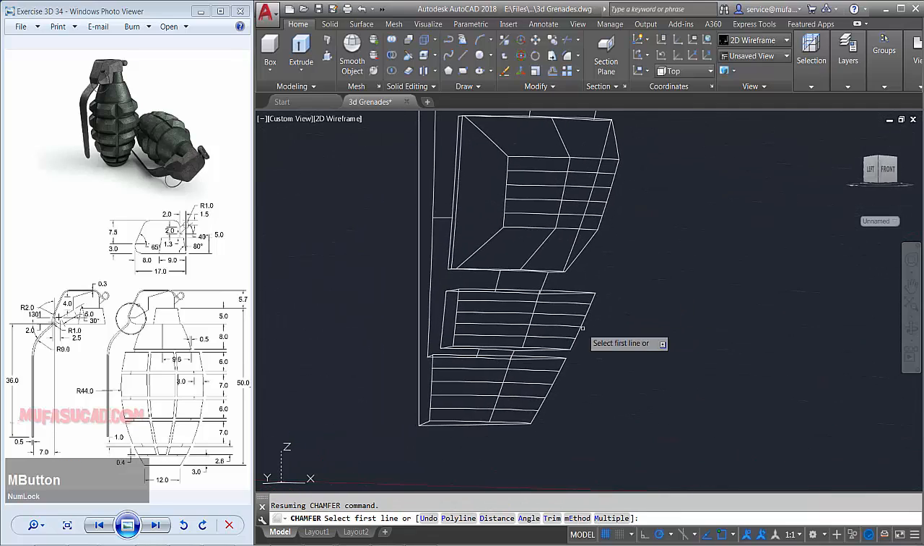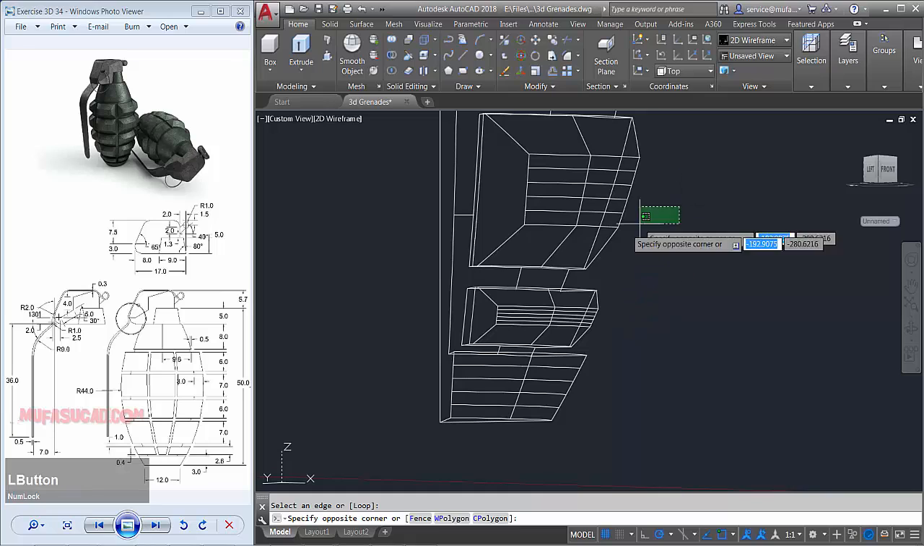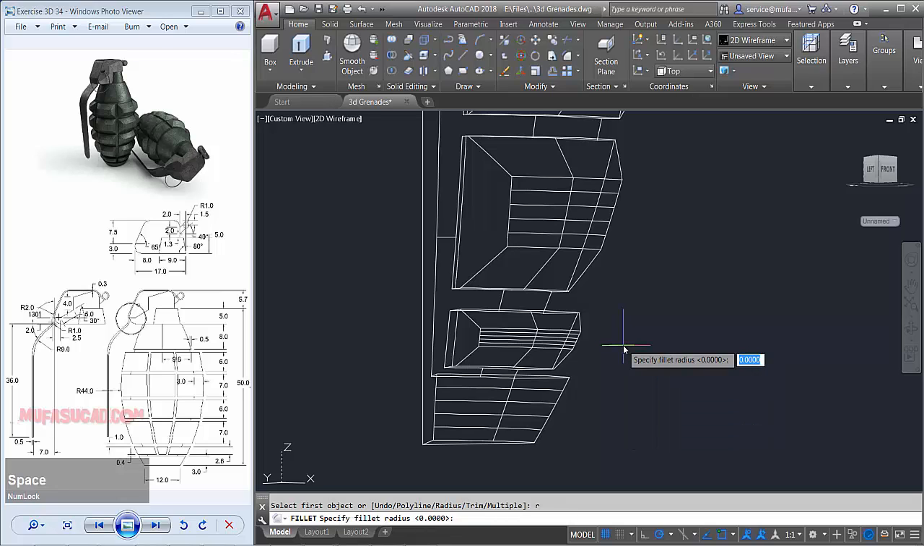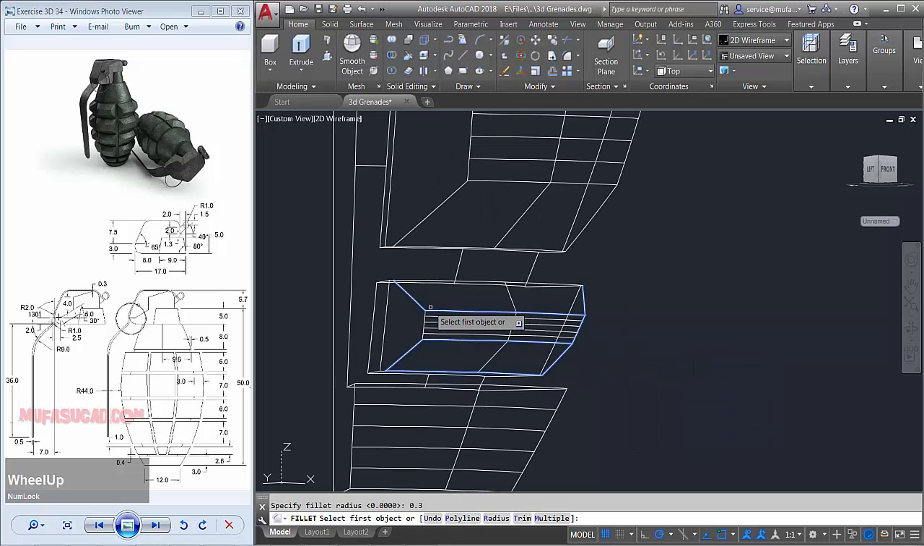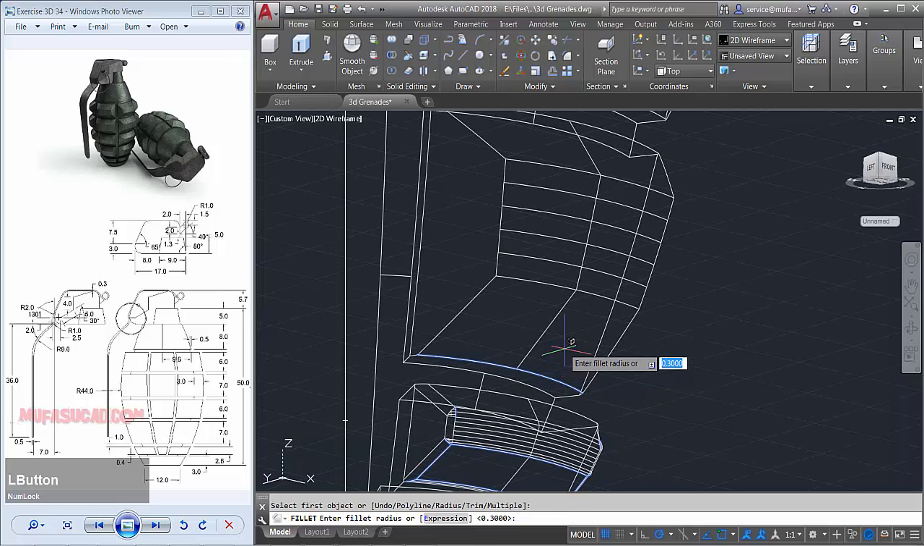For this object edge, I will chamfer 1 and 1. Can select this edge and enter. Okay, now we use the fillet command with radius 0.3. I will fillet at this edge. Okay, can select this edge one by one and enter to fillet. We fillet again this object. Okay, edge one by one with